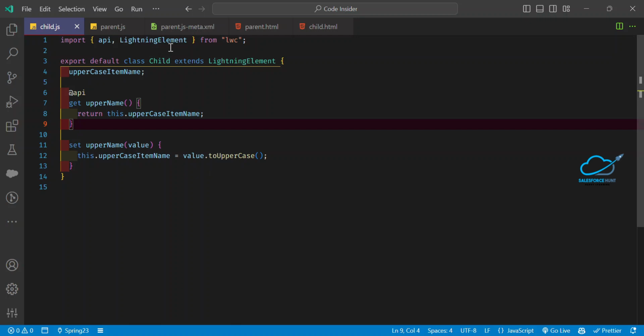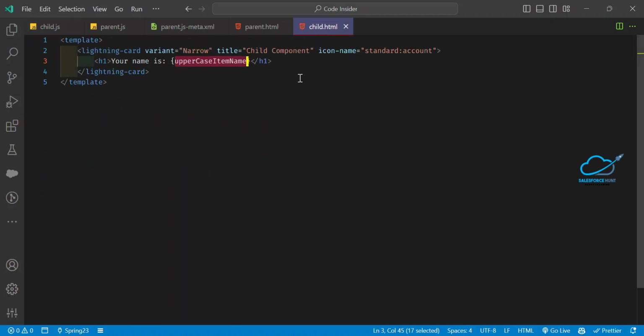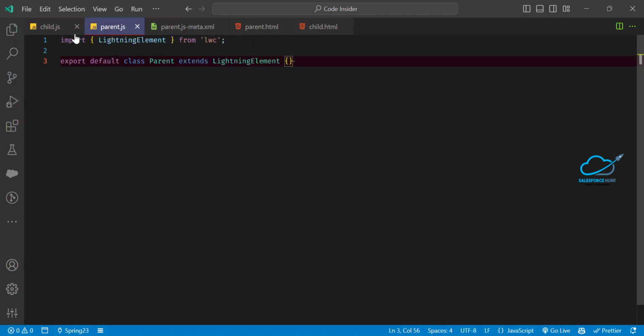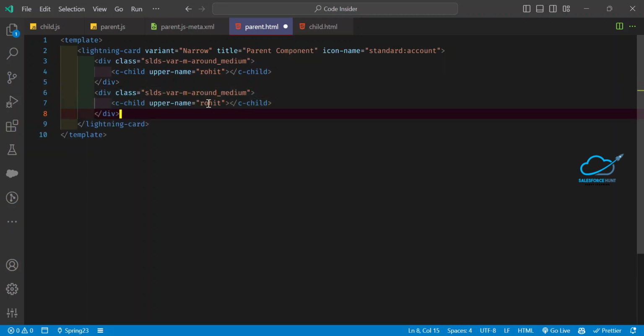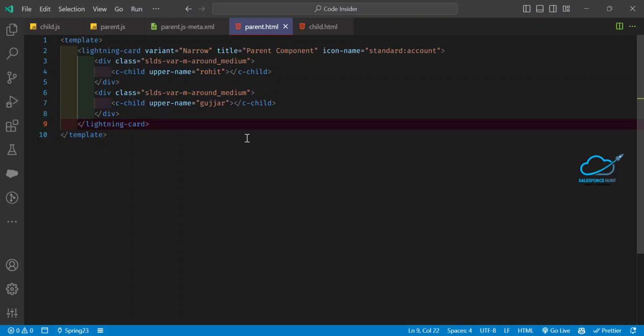Okay, so let's say I want to define something here. This is the uppercase, your name uppercase, right? And this is the parent here and the parent HTML. Let's say I want to define another card or another div here. Under here let me define my name in small letters. I want to capitalize it. So here you can see small name, and this is also a small name, and you will see these two names capitalized using